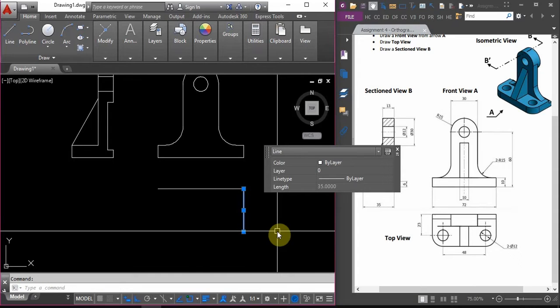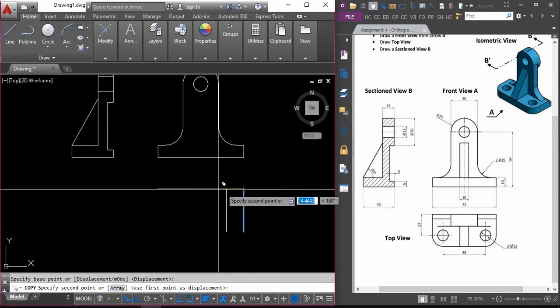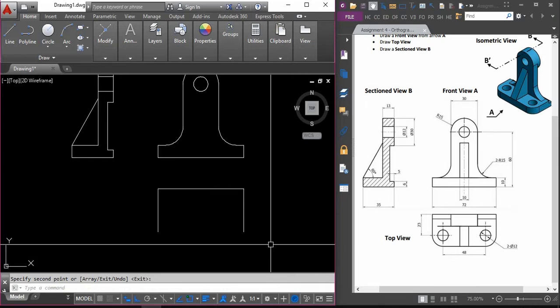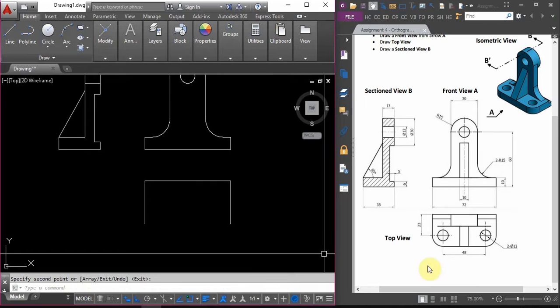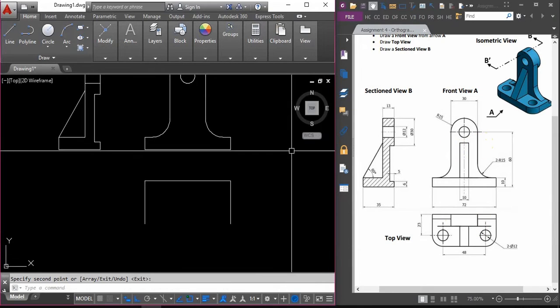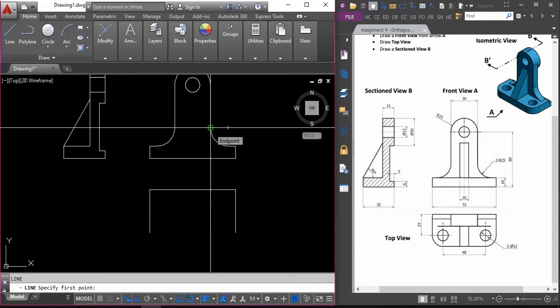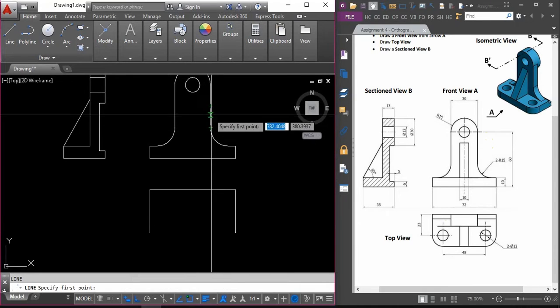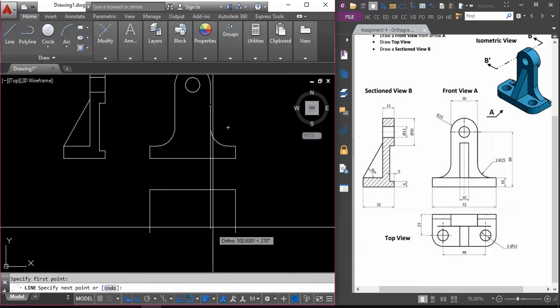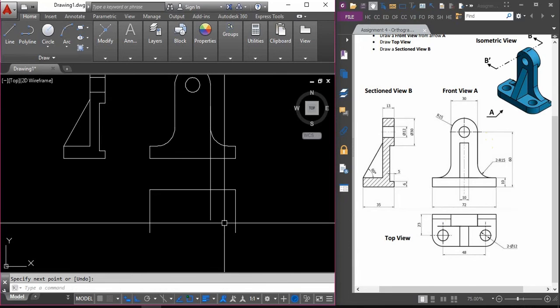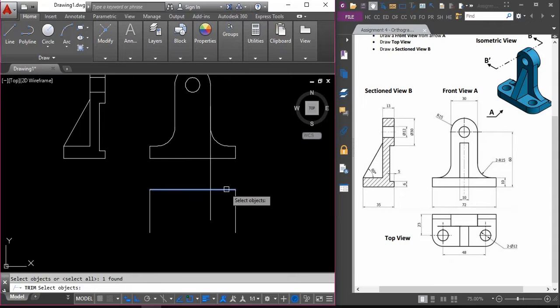I copy this line here. Okay, so I know these two lines here are equal to these two lines here, so I select any point in this line, I just move down and then I trim. I select the boundary and I trim this. Okay,